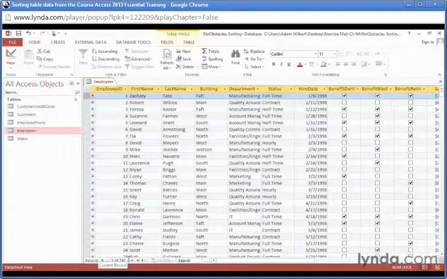Now it's record number 1 because it is in the first position in this sorting scheme, not because it's employee ID number 1. A record's position in a table is a very transitive thing. Anytime we talk about a record's number, we really mean in this sorting order, this is record number 1. That's one of the main reasons why we use a primary key. When I say employee ID 1, I will always be referring to Zachary Tate here, regardless of